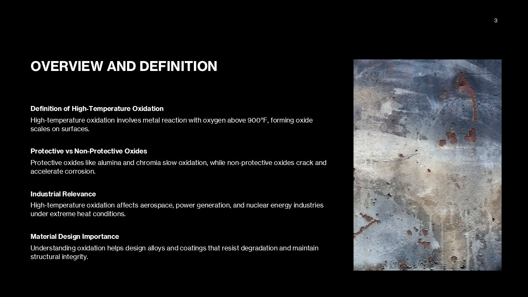This process leads to the formation of oxide scales on the metal surface, which can either protect the underlying material or accelerate degradation depending on their properties. Protective oxides such as alumina, Al2O3, chromia, Cr2O3, and silica, SiO2, form dense, adherent layers that slow further oxidation. In contrast, non-protective oxides like iron oxide, FeO, and nickel oxide, NiO, tend to spall or crack, exposing fresh metal